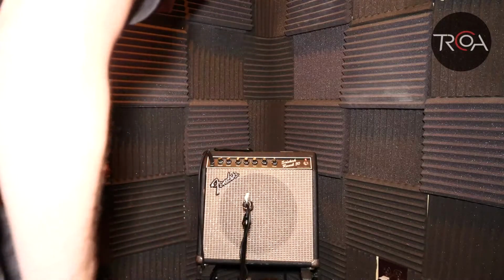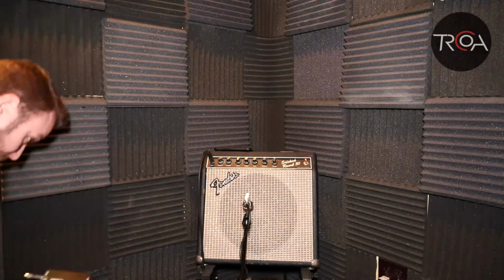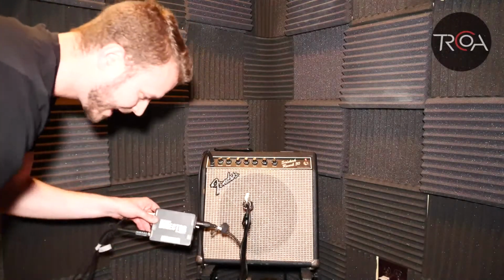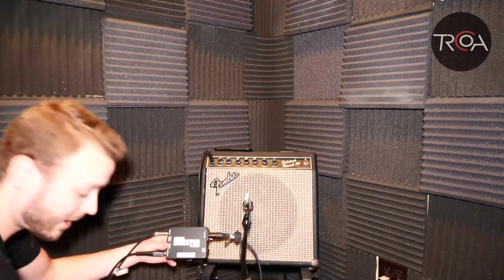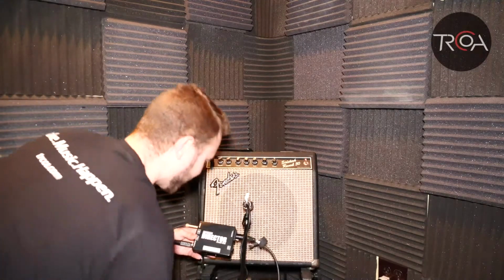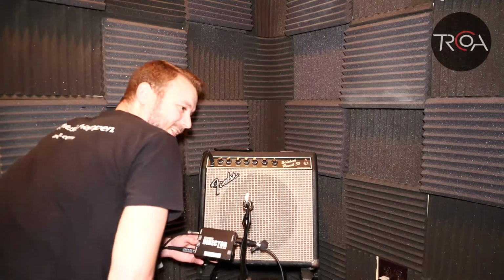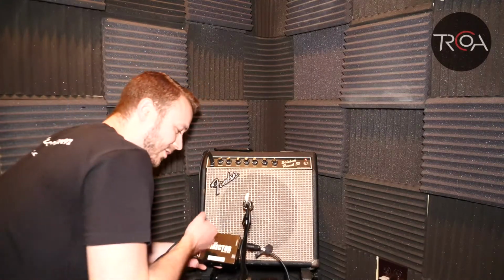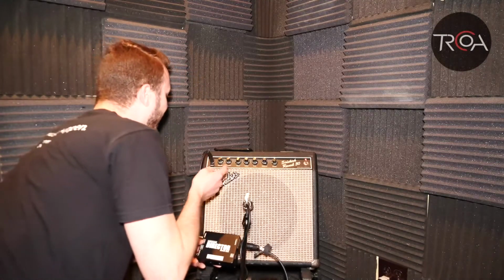So now, the next thing I want to talk about is a DI box. So I'm going to pick this up and try to get where we can see it. Down here on the ground, I have what is called a DI box, or direct, DI stands for direct input. The reason I mentioned this in the beginning about always trying to take a DI if you can is because what this allows us to do is to take a pure, clean signal of the guitar that has not run